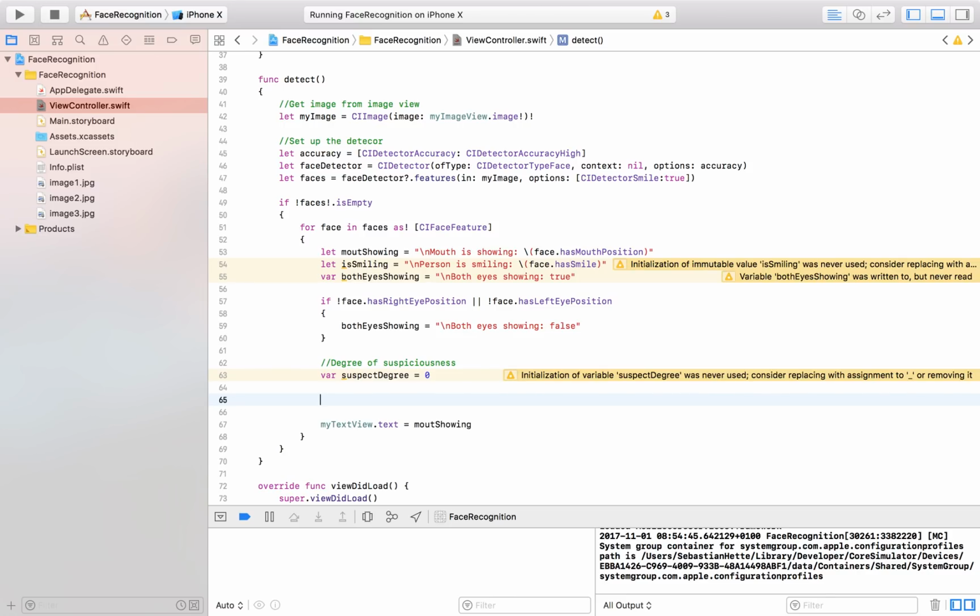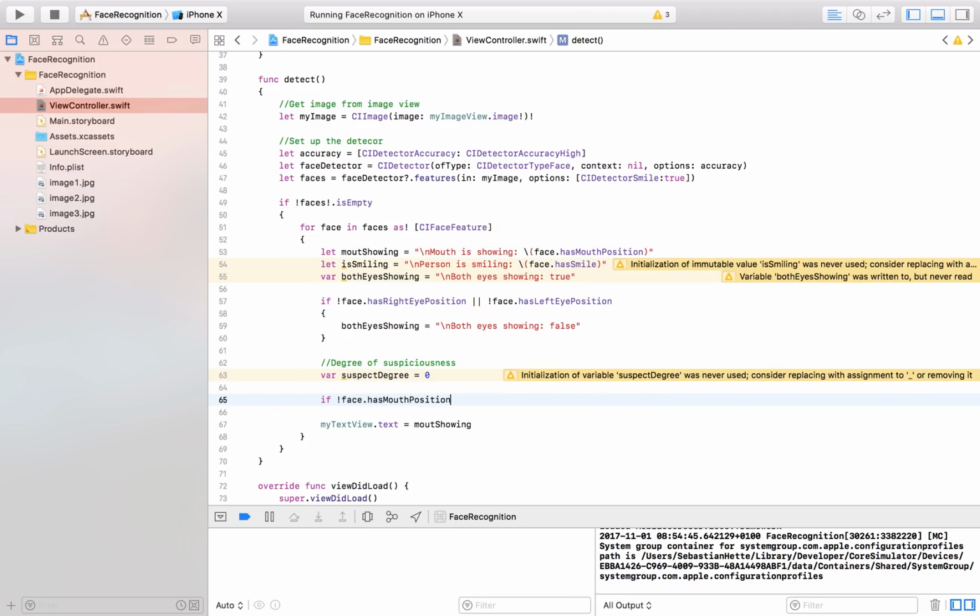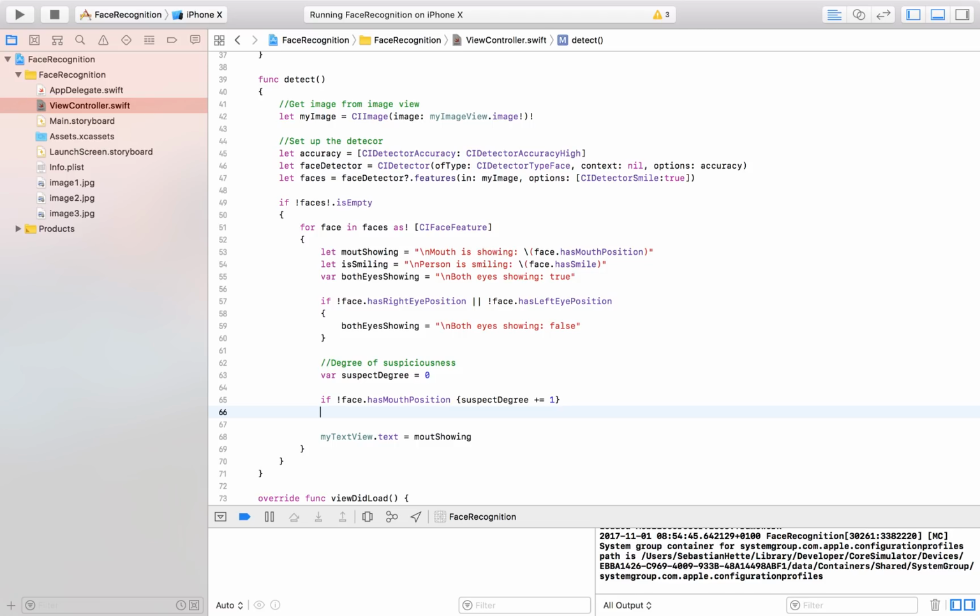But then we're going to run some if statements to check if we should raise that suspect degree. So we can, for example, check if face dot has mouth position, and if it does not have that, then we're going to say suspect degree plus equals 1. If the face isn't showing, he's maybe wearing some kind of mouth cover or something like that. So let's raise the